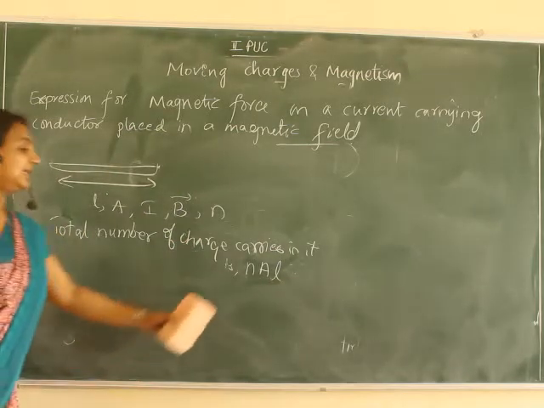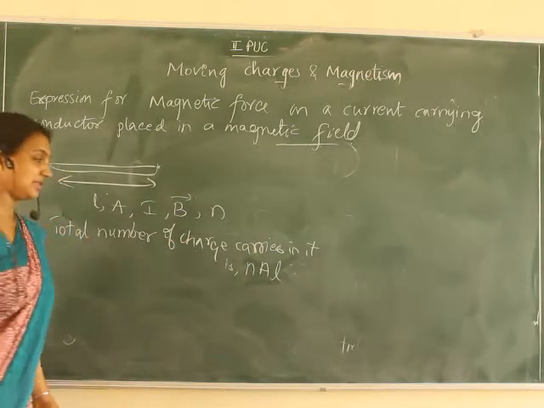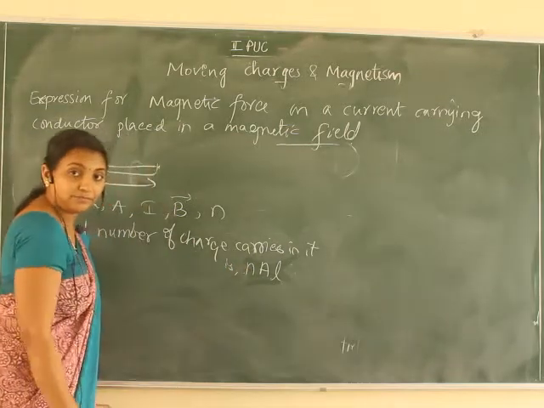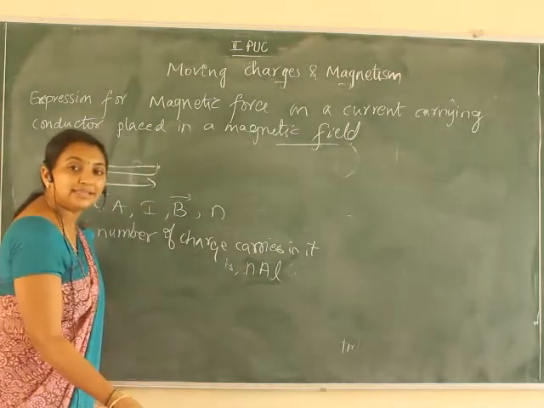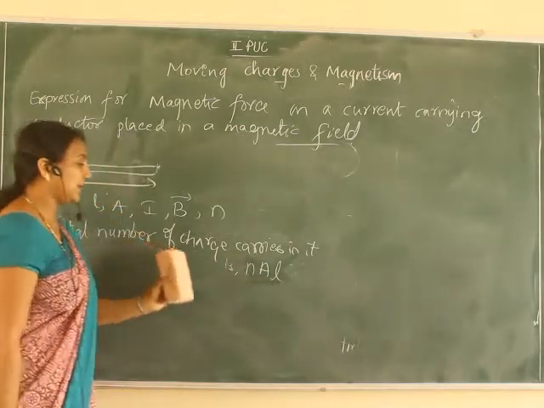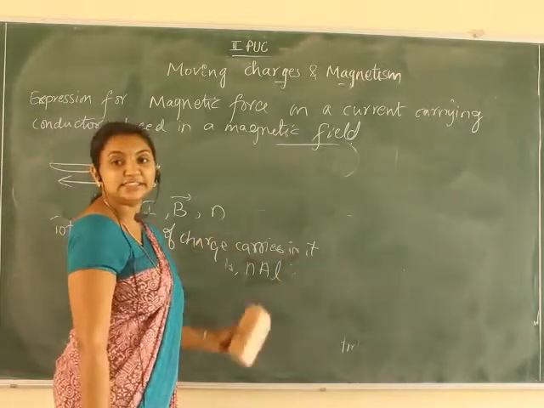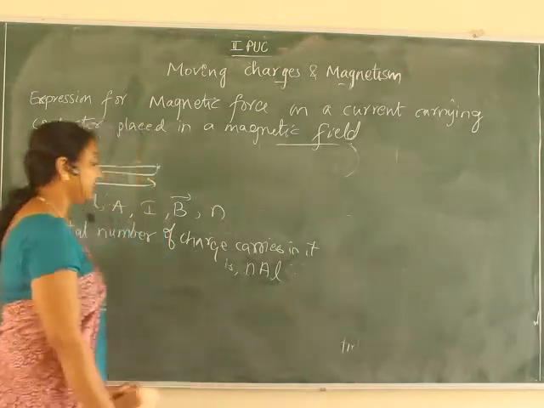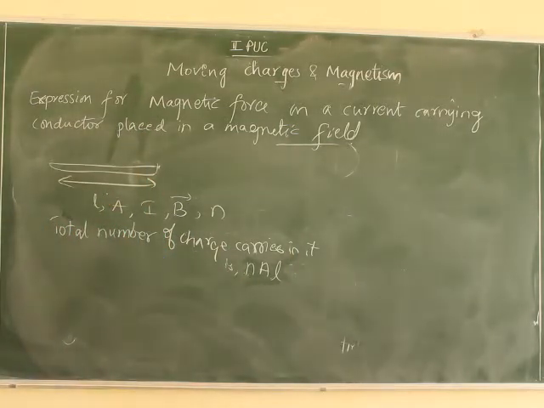Correct? N is nothing but the number of electrons. N means N by V, and N by V into V is nothing but N, that is the number of electrons. So the total number of the charge carriers in it is N into A into L. Next, if Vd is the drift velocity,